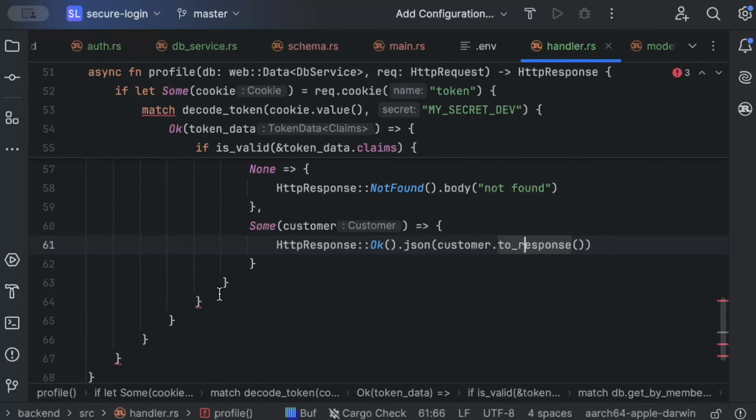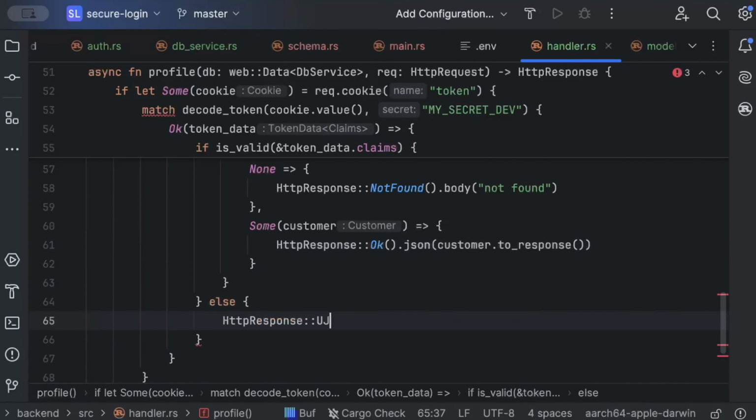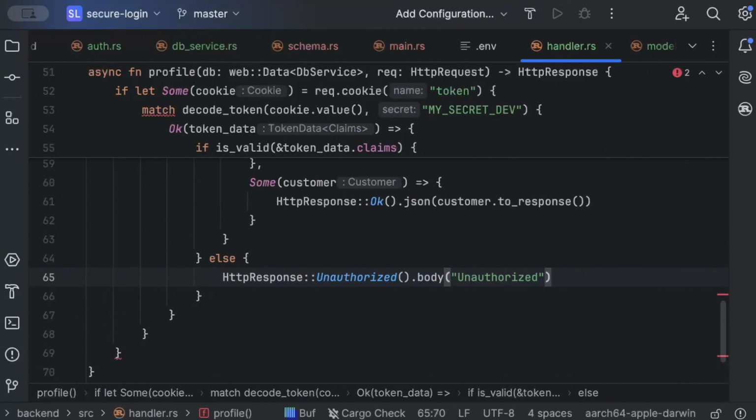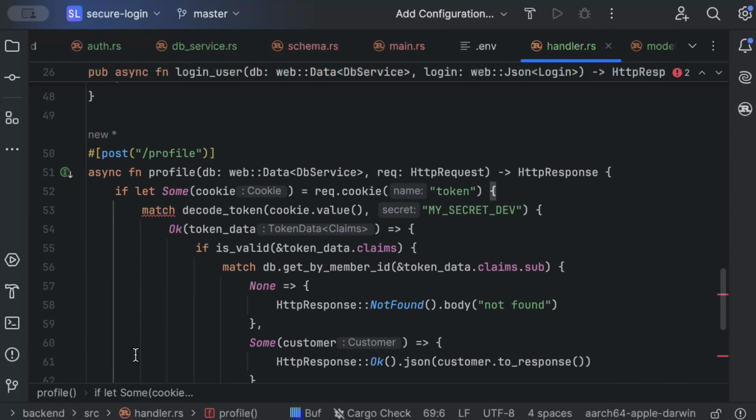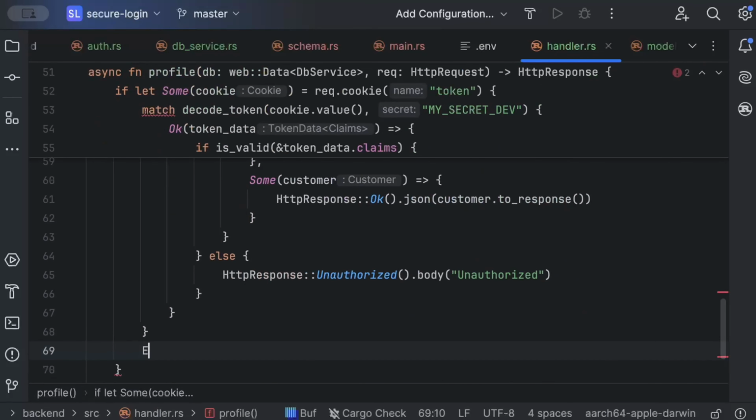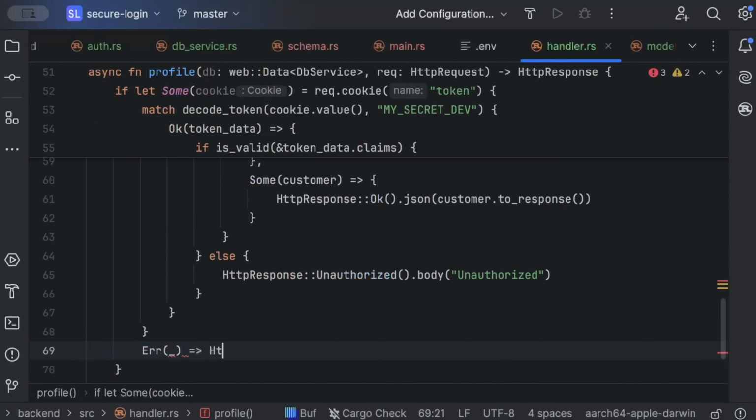And if that's not the case, then we will add an else here that says http response dot unauthorized and body as unauthorized. So this is what we have. And lastly, in case of any error, what we do is http response unauthorized, body as invalid